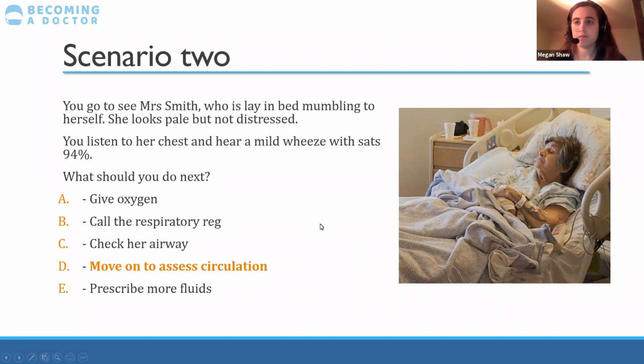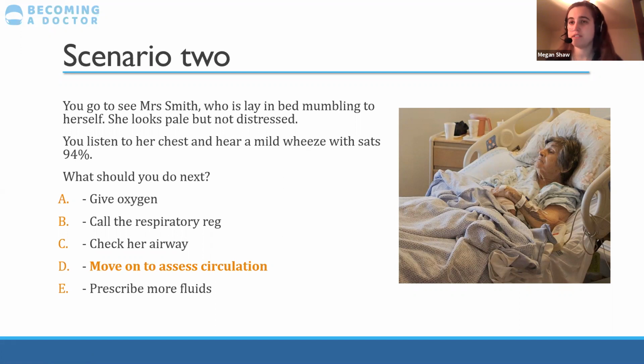So move on to assess circulation because, whilst you've not spoken to her, she's mumbling to herself. So she's speaking, so you know her airway is fine. And you've listened to her chest and you've heard this wheeze and she's got SATs of 94. If you remember, she's got a history of COPD. So SATs of 94 are probably quite good for her because you aim for 88 to 92 in people